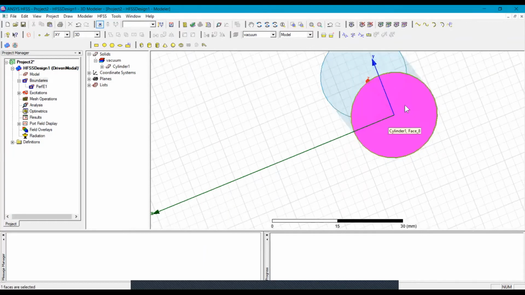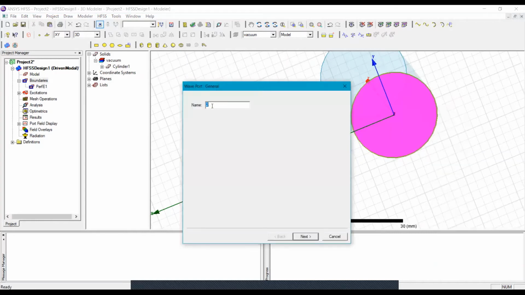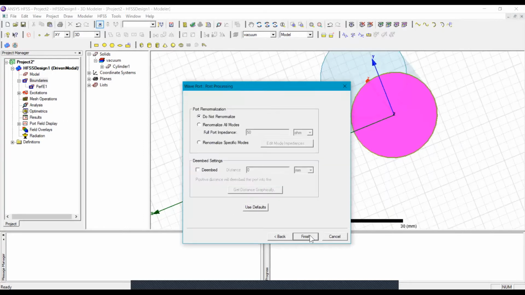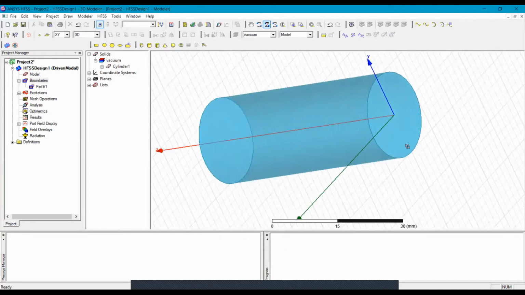So again I will choose this cross section and then assign excitation. Similarly, this is port 2, and I want to get 7 modes. Next finish. Now the designing part is complete.